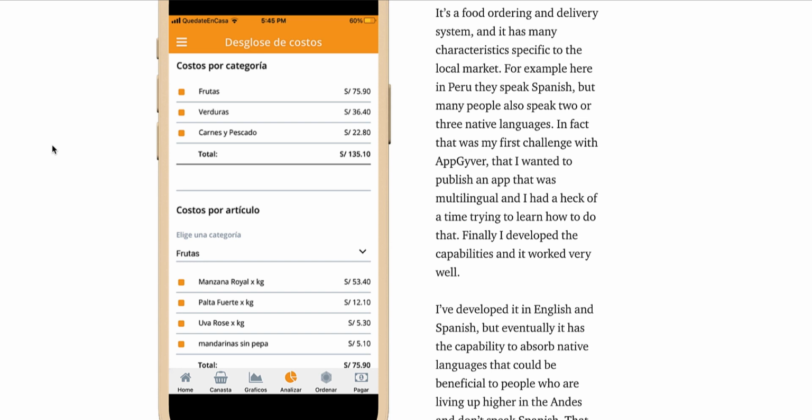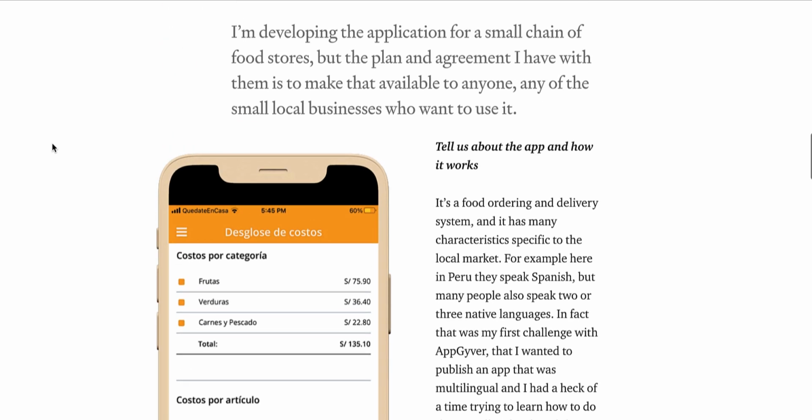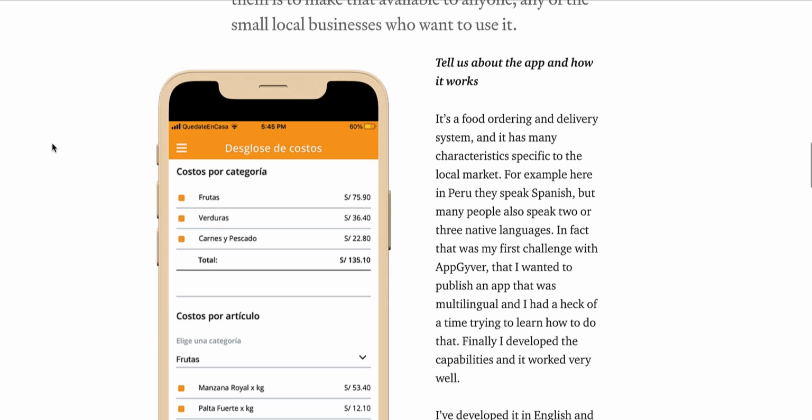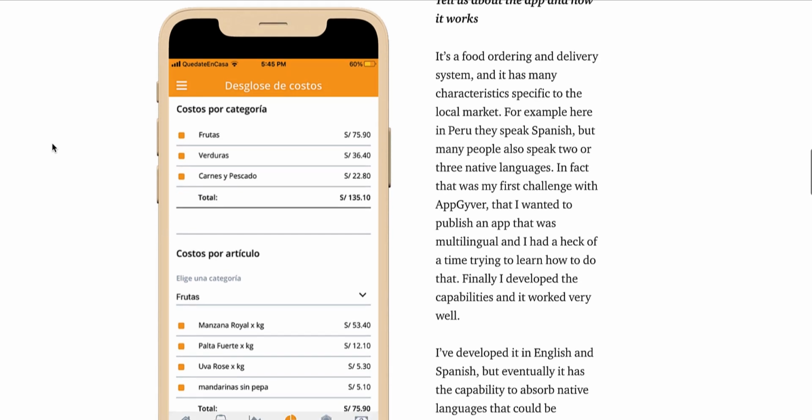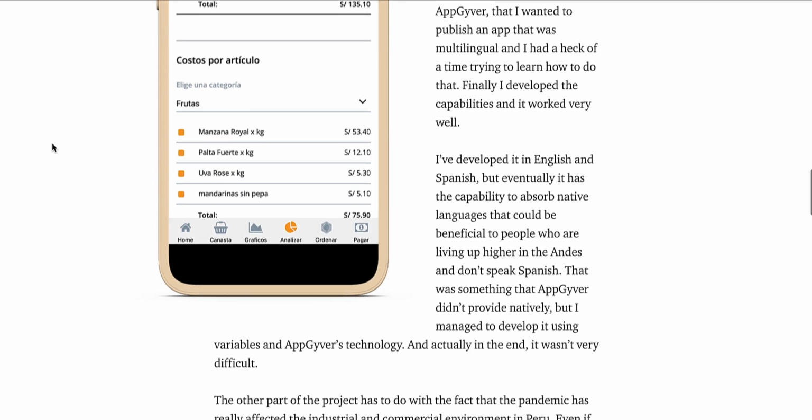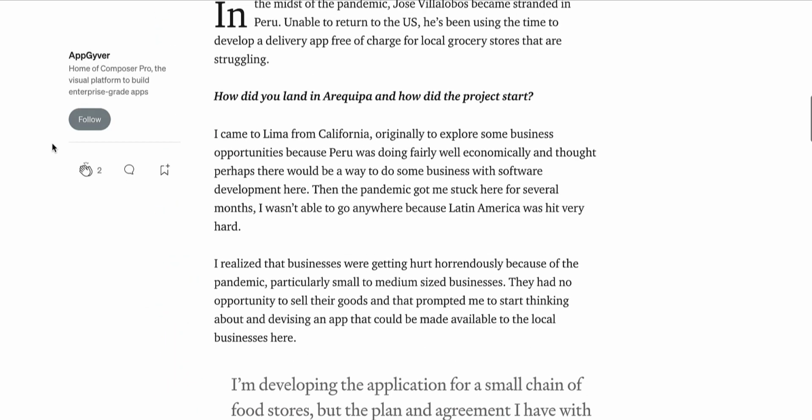That's another thing I really like about the platform. It enables developers or just people in general that don't have a background in developing to understand, have a system, and really start impacting lives. The developer used AppGyver to create a delivery system in 2 different languages, English and in Spanish. And that way, again, multiple people can use this depending on whatever language they're comfortable with. I thought that was really interesting.